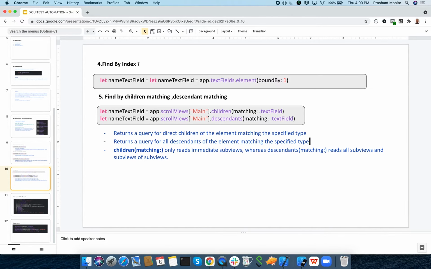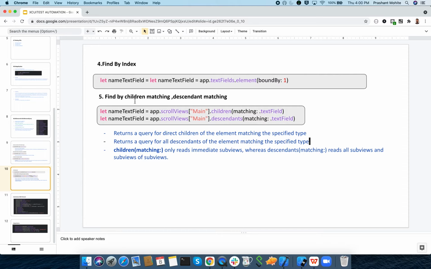Also you can use indexing when you don't have identifiers, but you know that there are 5 text fields, or 5 buttons, or 5 switches on your screen. How will you do that? You can use the index. You know the type of the element, so you can give the type and say the third element or fourth element, whatever is there, put that index here and you can locate that element.